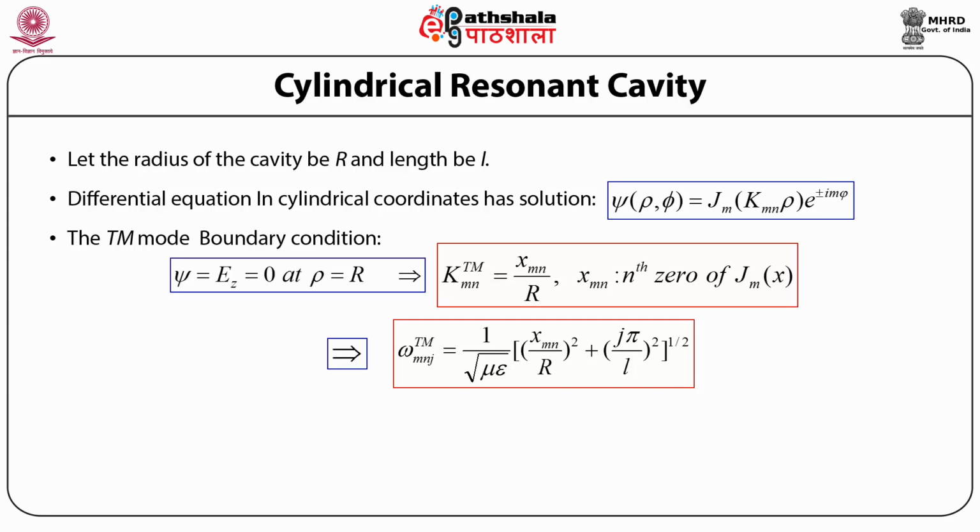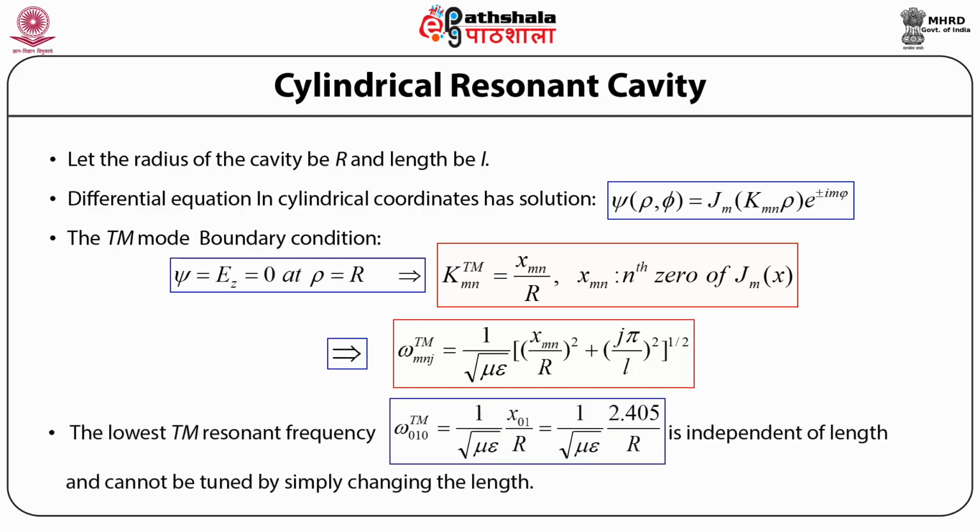So the cutoff frequency, or the mode frequency, angular frequency for the transverse magnetic mode, given by omega subscript mnj superscript TM, is equal to 1 upon under root mu epsilon, whole times bracket open (x subscript mn by capital R)² plus (j times pi by L)² bracket close to the power half. And the lowest permissible resonant frequency in the transverse magnetic mode for the cylindrical resonant cavity is given